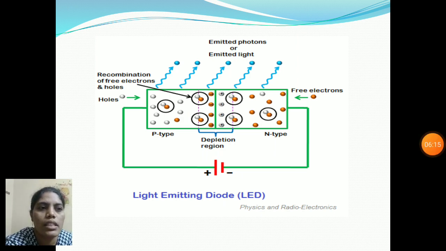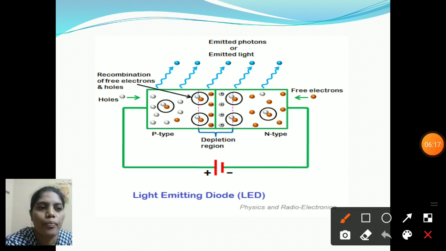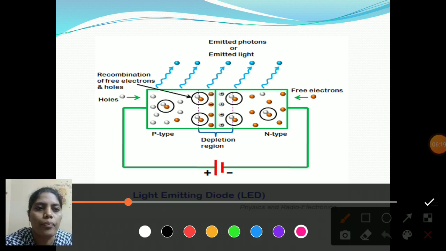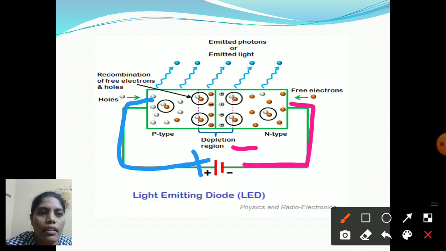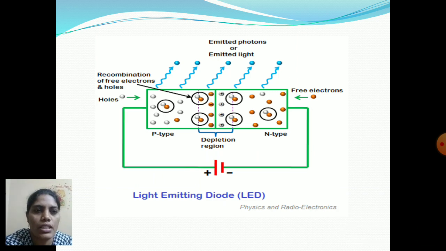And here we can see the positive terminal of the battery is connected to the p side, and the negative terminal of the battery is connected to the n side, which is like forward biased of PN junction diode. So this recombination of free electrons and holes